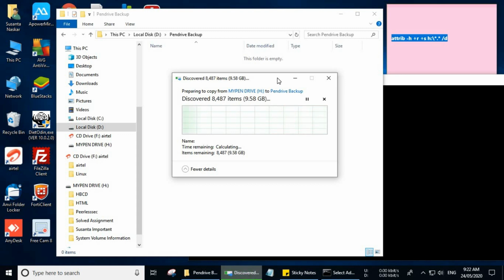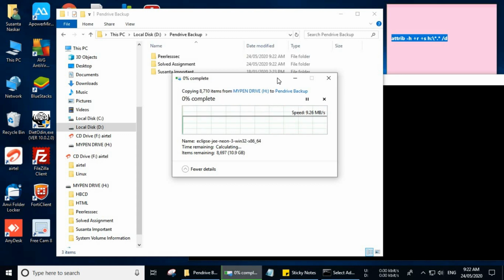You can check my data is copying from the pen drive to my computer. I'm stopping this copy because my data is already backed up.